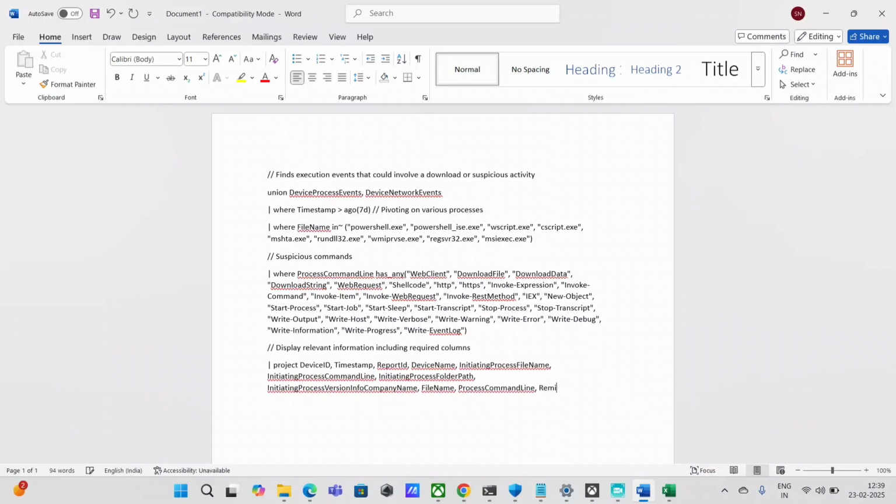Then it's important to include remote IP, as well as remote URL, then remote port, then include remote IP type as well. All right, and now what I'm going to do is close this code with a top